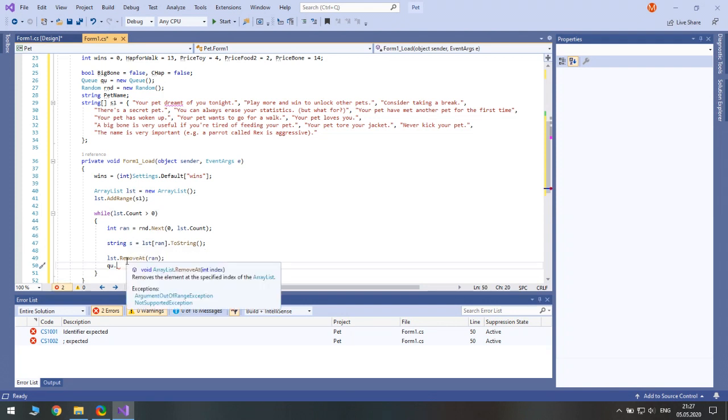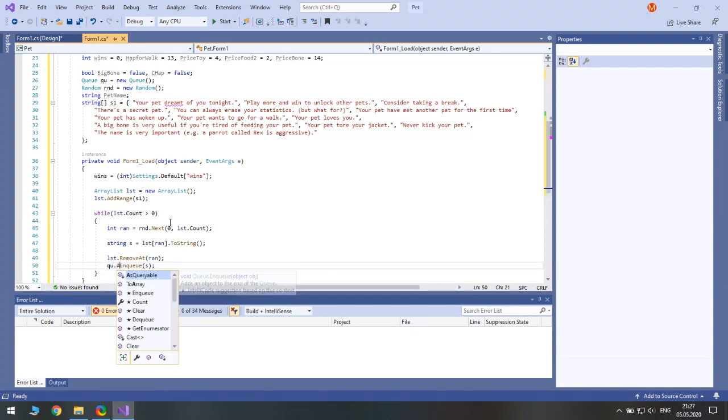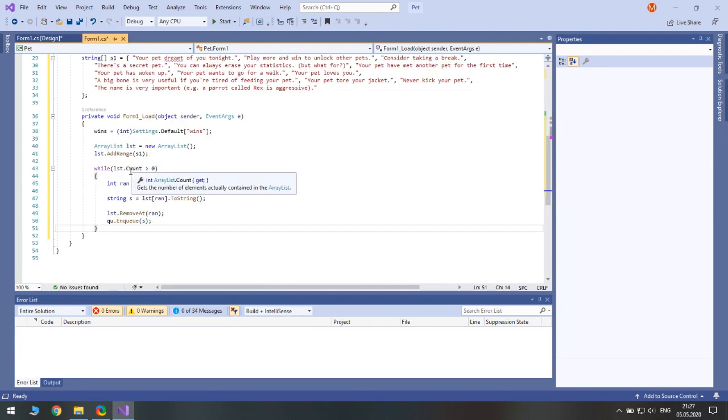So now, although we have removed it, we still have access to s, which stores the copy of that string, and we enqueue that string in our queue. In other words, it's an equivalent to Add in the list or the array list. This should repeat itself until the list is empty.